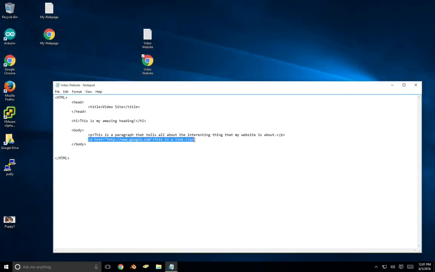I can take this entire tag, this entire element, I should say. I'm going to cut it with Control X. I'm going to paste it here. I'm going to put the word here in it rather than this is a link. So that's what's going to be displayed in either blue or purple. I'm going to say here,